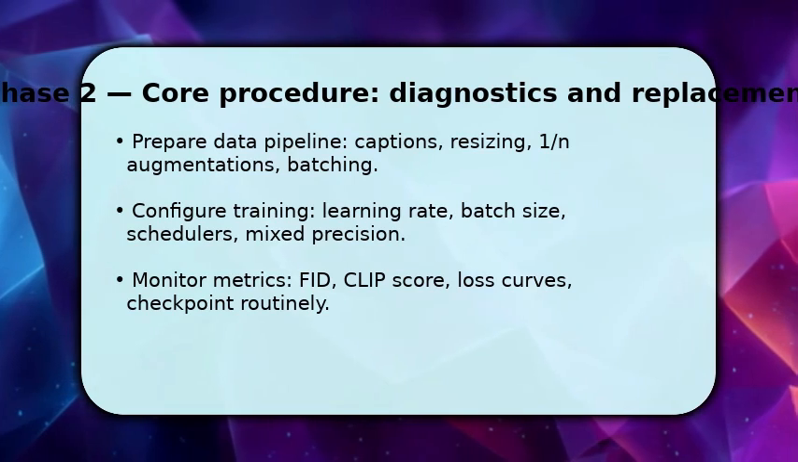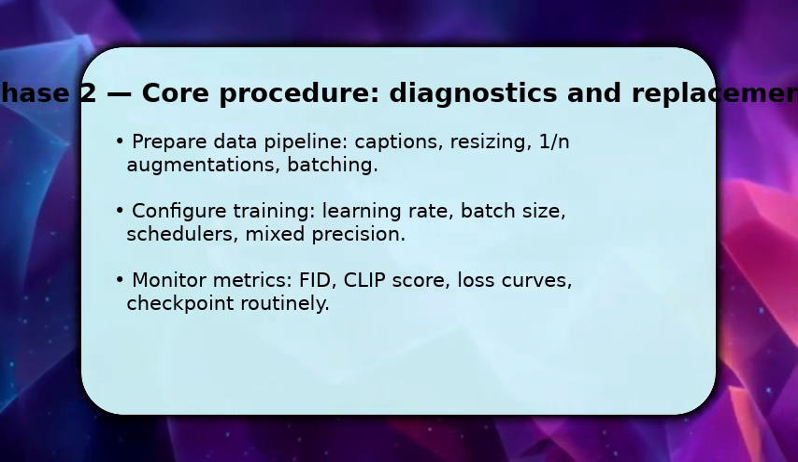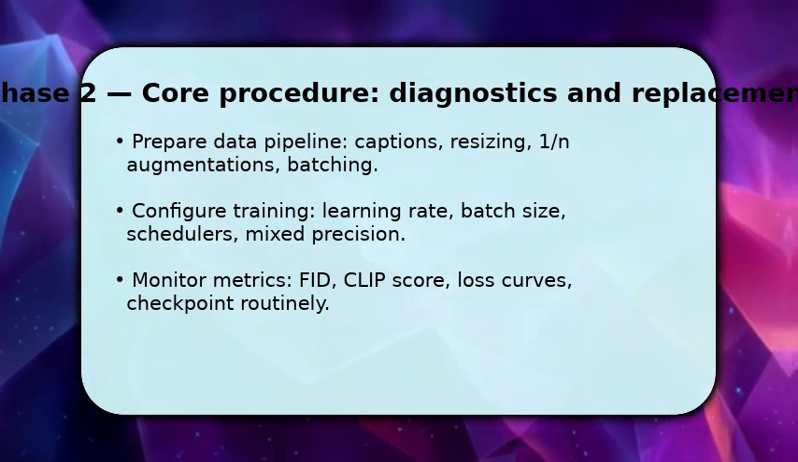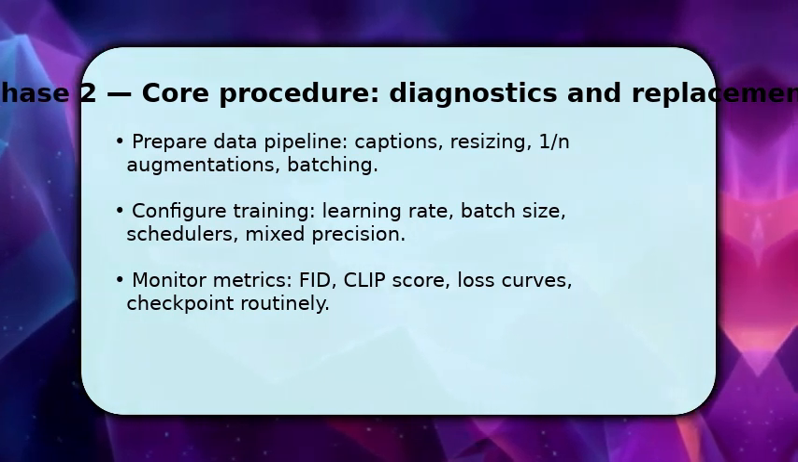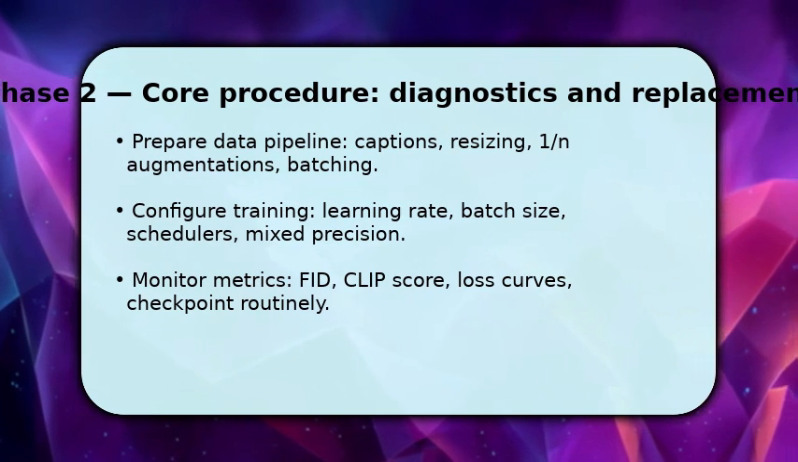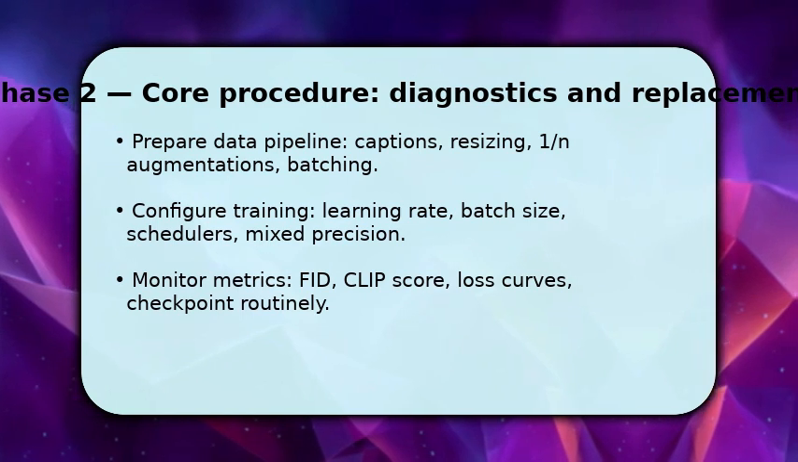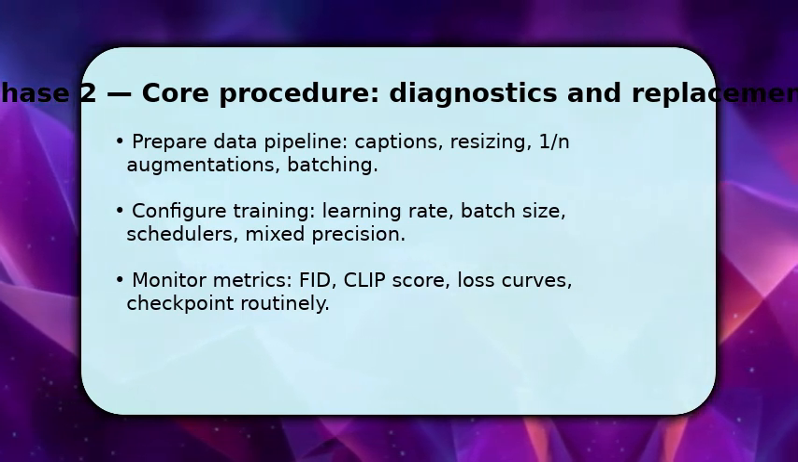You now focus on the complex middle: data and training. First, build a robust pipeline that pairs captions with images, resizes consistently, and applies controlled augmentations. This reduces overfitting. Then configure training hyperparameters, choose a base learning rate, batch size, gradient accumulation, and enable mixed precision